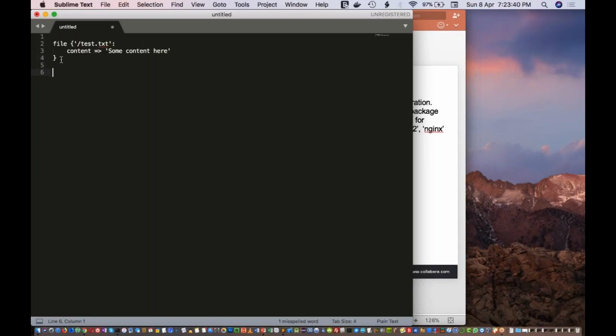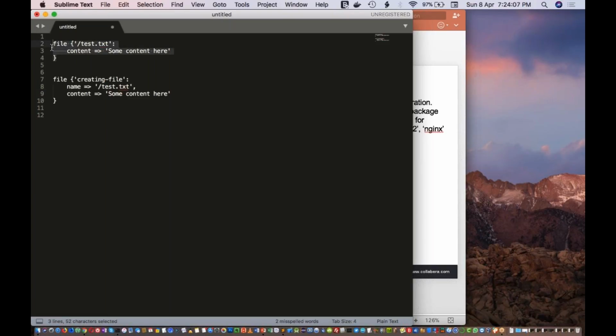But instead of that, what you can do is create a file resource, and here you can add something called name. Here you can add test.txt. Both these things will do the same thing.